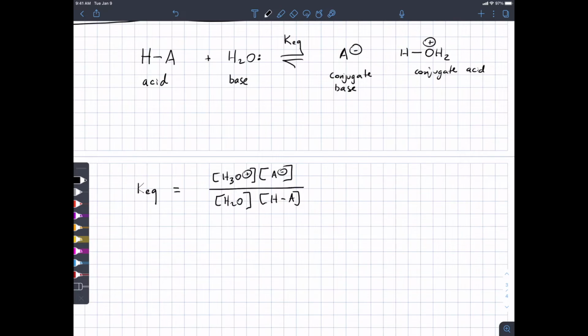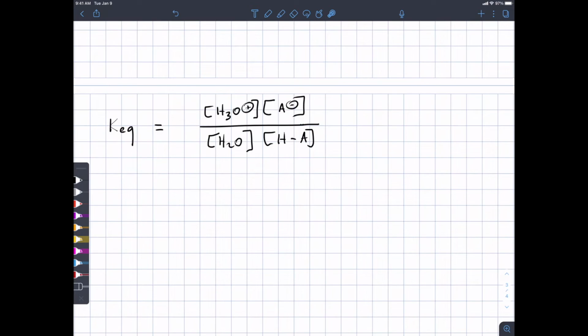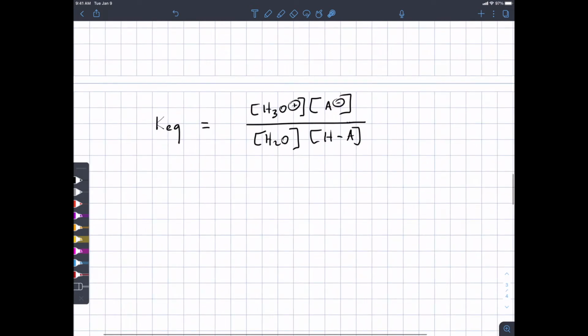But what I'm going to show you here actually does work out and make sense. So we're going to treat water as a participant in this equilibrium instead of ignoring it. In pure water, the concentration of water is about 55 molar. So what that means is that this concentration of water stays basically constant no matter what you do, with some amount of uncertainty. So what we'll actually do is bring it over to the left-hand side of the equation, multiply both sides by the concentration of water, and that's going to give us